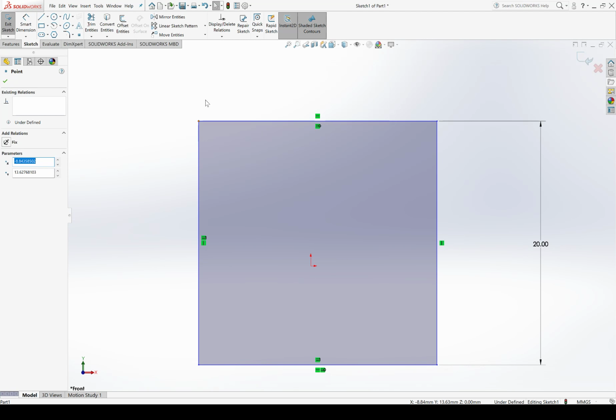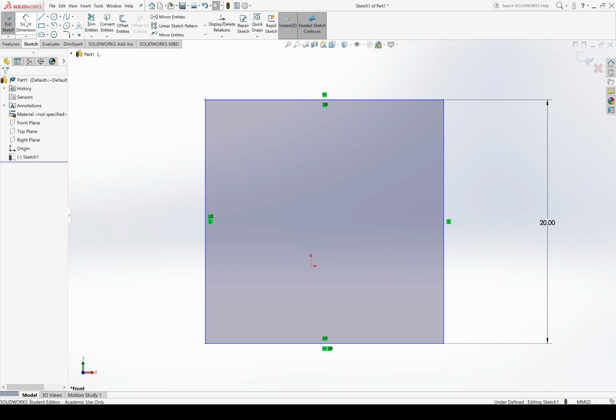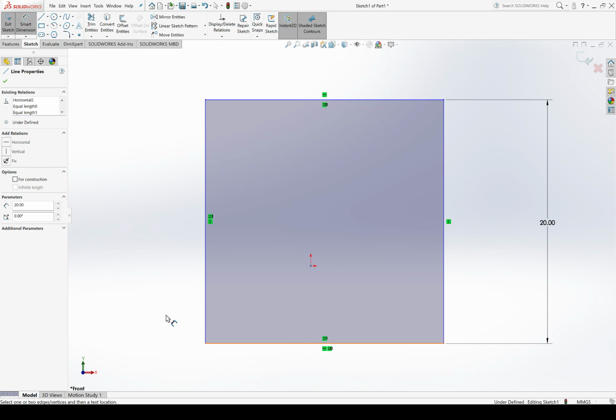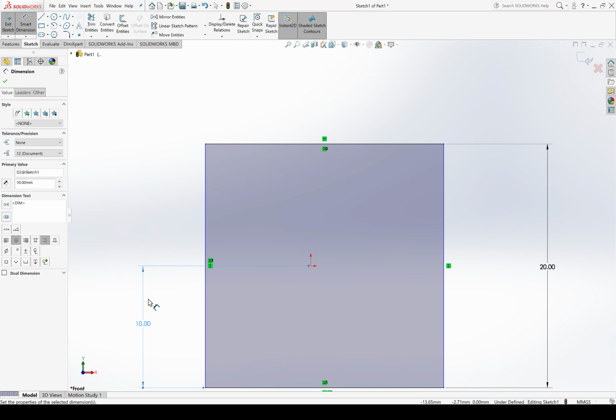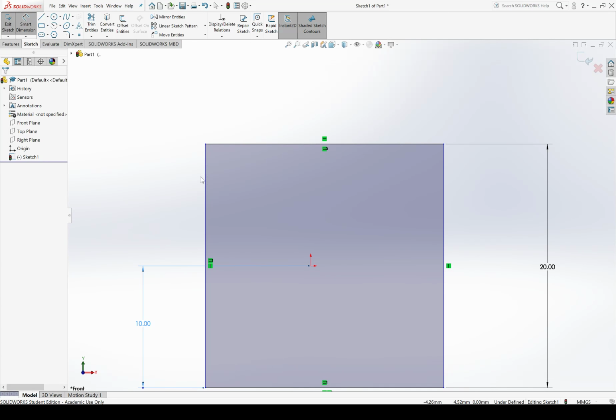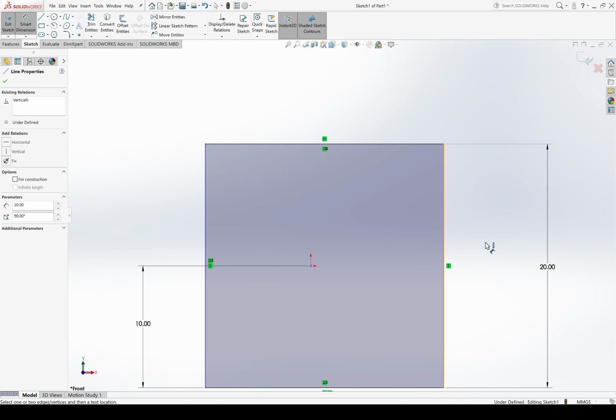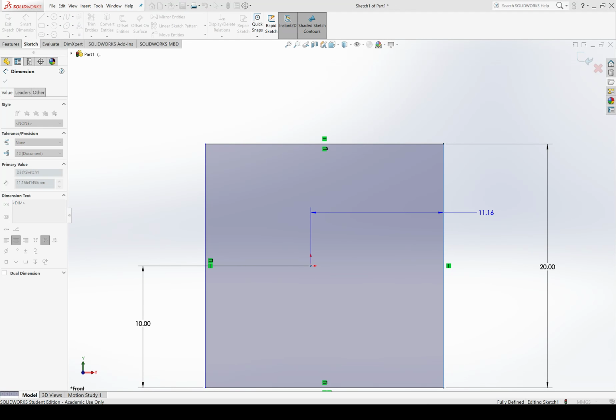There are a couple of ways to do that. One way to do it, for example, would be to click on Smart Dimension again, click the part origin, and then click one of these lines. If I click the origin and the bottom line, for example, I can define a dimension between them. For example, I could say the origin and the bottom line should be 10 millimeters away from each other. That would put the origin in the center vertically. And I could go through that again. I could use the Smart Dimension tool, click on the center, click on the left or right sides, define that distance as also 10.